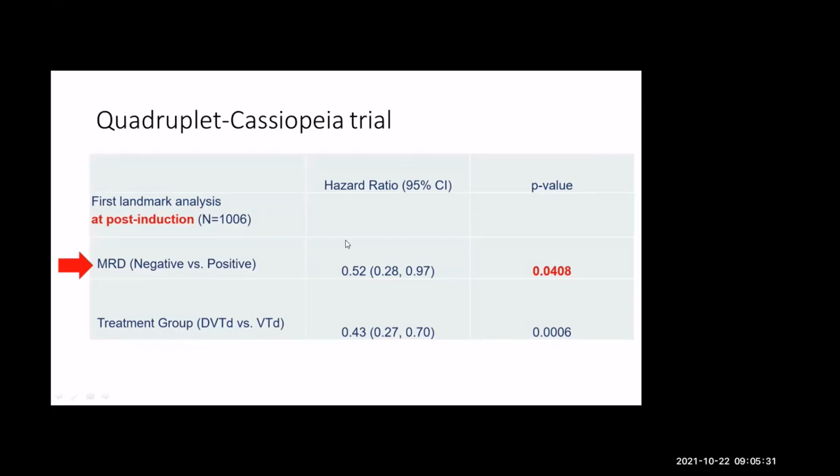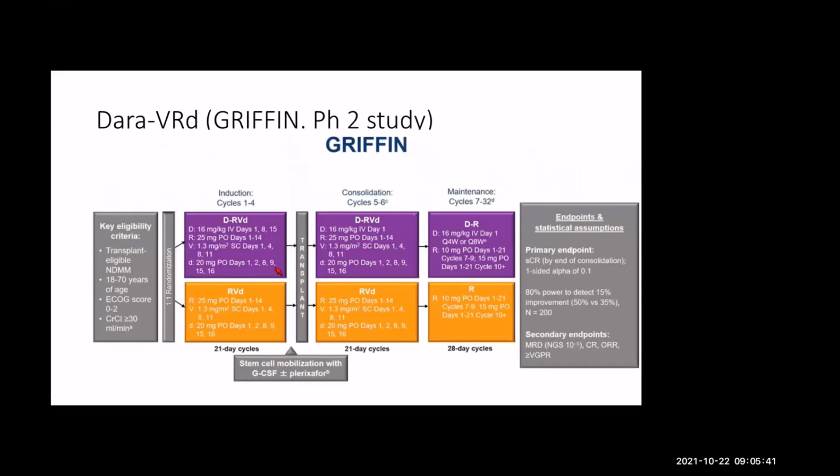So you achieve more MRD negativity if you use daratumumab, and this has independent predictive value for progression-free survival in this trial as well. The next study is VRD and the addition of DARA. This is a phase 2 study from the US where RVD was compared. This is what we want to see, where the comparator arm receives lenalidomide maintenance, a fairly standard treatment in